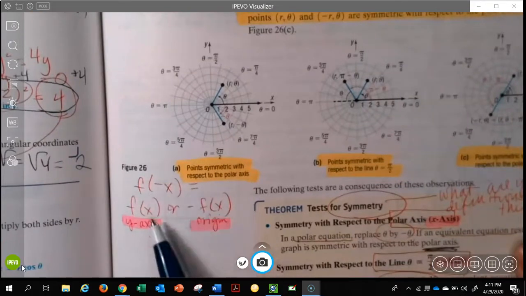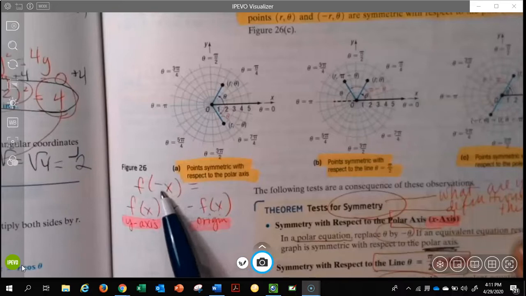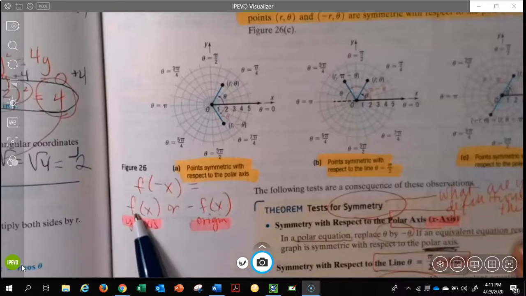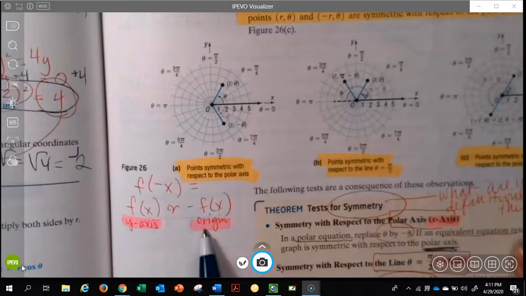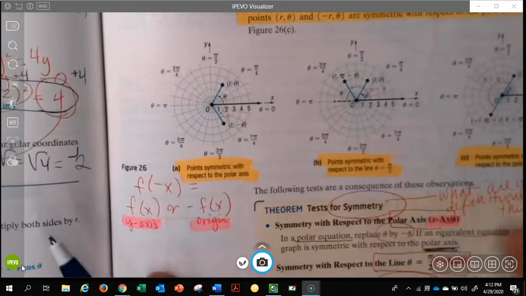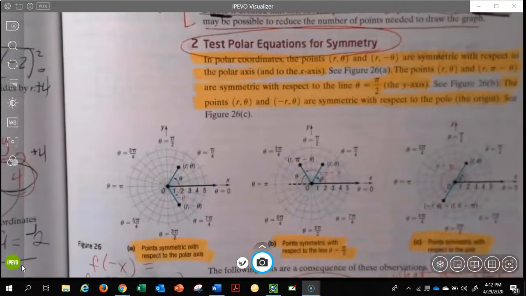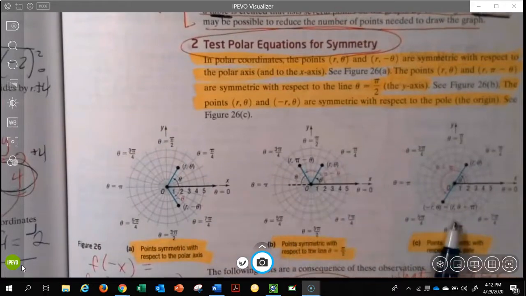When you used to check for symmetry, you would test a negative x. And if it turned out to be the same, you would say, I have y-axis symmetry. If it turned out to be exactly the opposite, you would say, I have origin symmetry. We didn't have x-axis symmetry because we were talking about functions, and that would break the rule of the function. And so here we are in polar, and these are the three that I would definitely write down on your